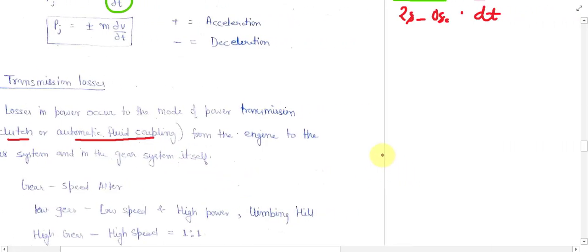It's saying that suppose this is your piston, in which a mixture of air and petrol goes and ignition occurs inside this cylinder. There is a piston